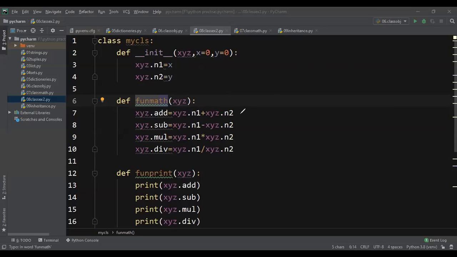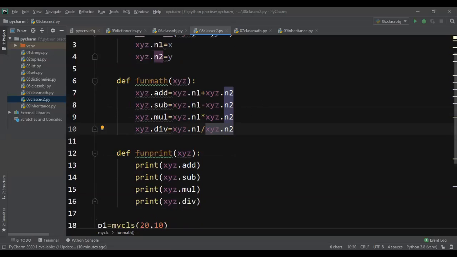Since this is in the class, if it were a normal method you could say add equal to n1 plus n2, but since this is in the class, I should give the reference also: xyz.add equal to xyz.n1 plus xyz.n2. Similarly, I'm creating another variable sub, which is equal to xyz.n1 minus xyz.n2, and for multiplication n1 into n2, and division n1 by n2.